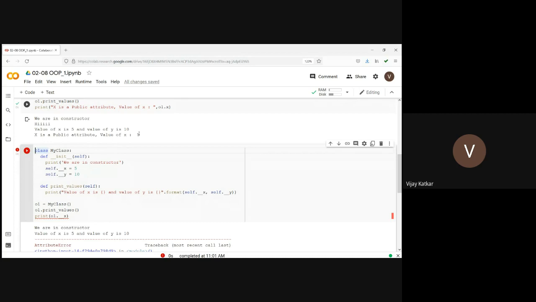So can you tell me what it is called when we are hiding the data? The attributes are not accessible outside the class. Is it called abstraction or encapsulation or hiding? What is it known as? So x is not accessible outside, no?